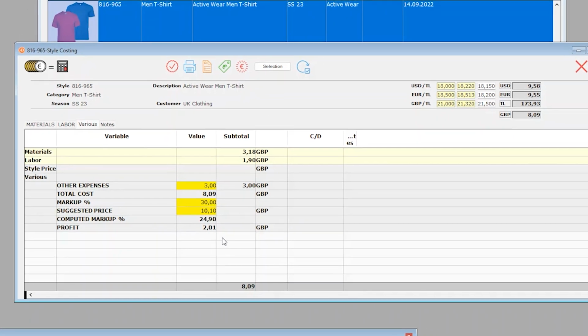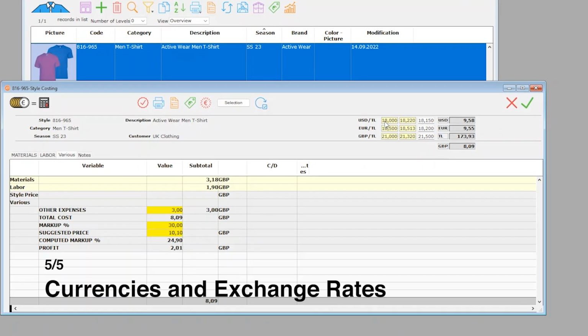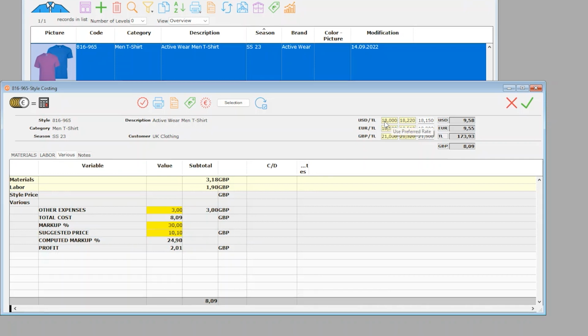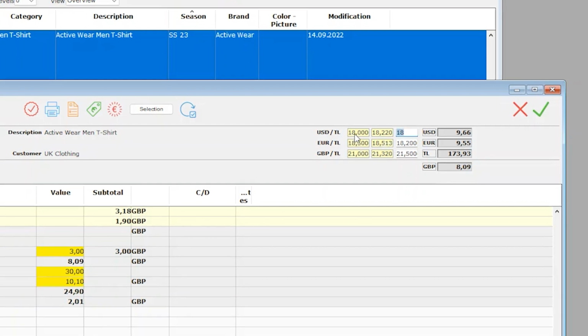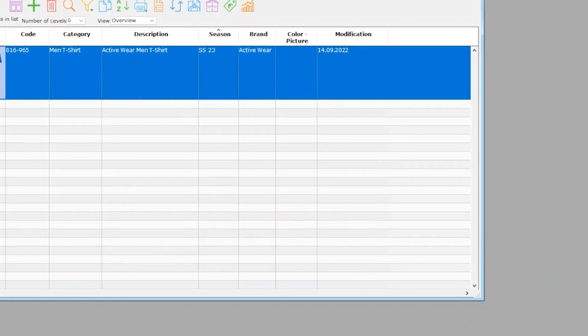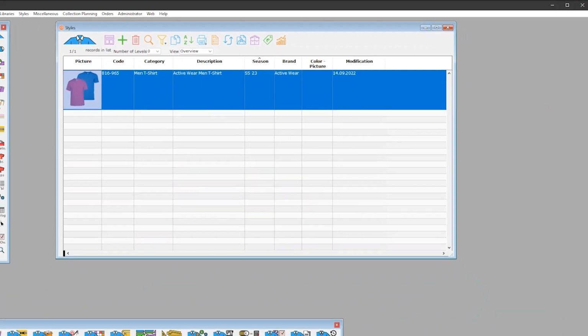Last but not least, we've got to deal with currencies and exchange rates. PolyOrganize lets us handle that in 3 ways. First, we can set and update a preferred or reference rate. Second, we can get the current rates from central banks on a chosen schedule. And third, we can enter a specific rate. We can choose any of these options when we convert currencies based on where we are in the cost and quote cycle. That's it. These are just some of the features to empower you to manage product pre-costing and pricing.